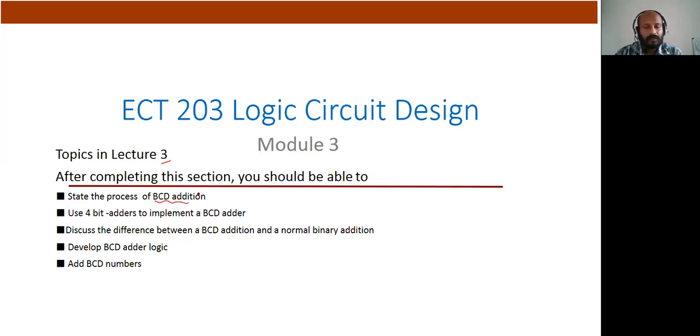We already discussed this concept in lecture 1 and lecture 9 in module 1, where we gave an idea about what a BCD number is. Now we will repeat how we can perform BCD addition, what the different cases are, and what circuits we can use to perform this operation. BCD adder circuit: how we can extend a 4-bit parallel adder to implement this BCD adder.